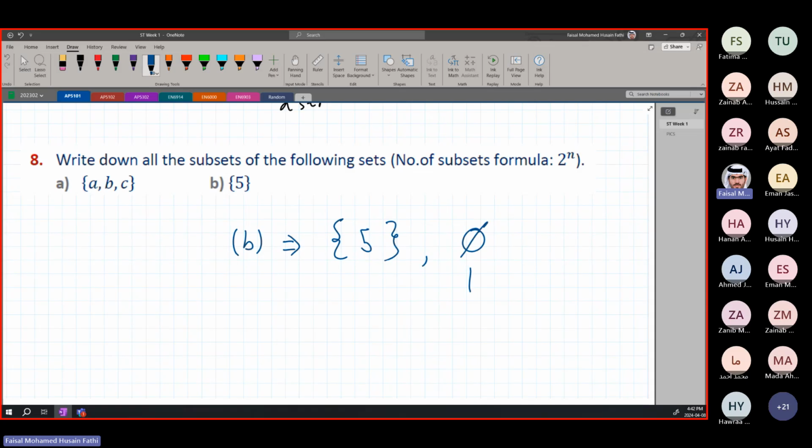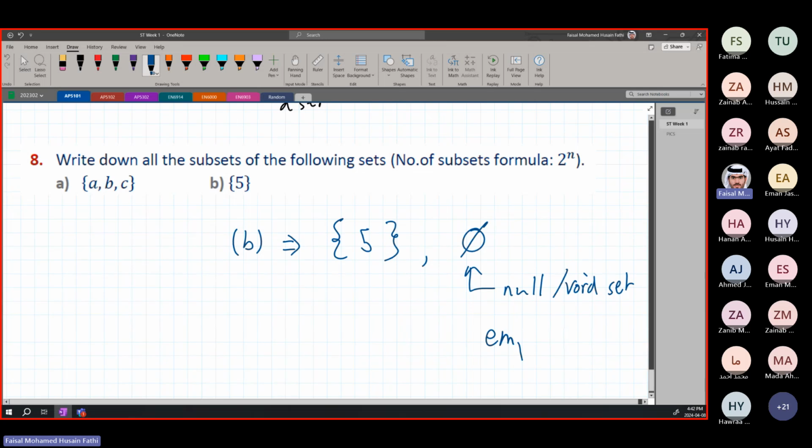All right, this is a null or void set. What does this mean? It means an empty set, meaning there is nothing inside. Something like this. An empty set. It has nothing. So a void set is a subset of every single set. Every set in the world has a void set, a set that has nothing in it, because nothing always will exist somewhere, you know? So this empty set is called the null or void set. It is usually given by the symbol phi, all right? Sometimes you might see it just given as this.